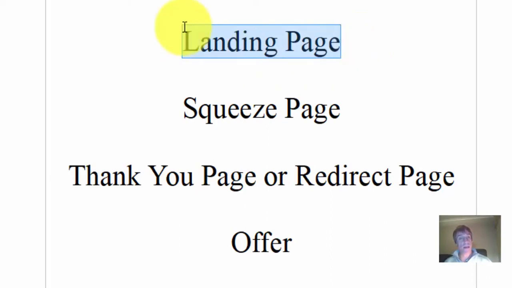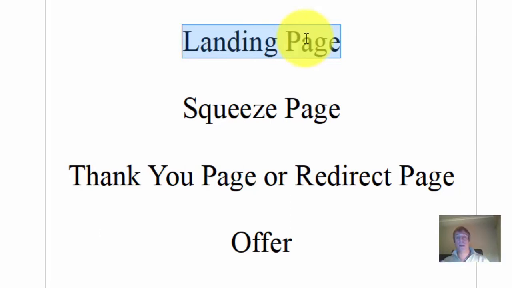Now you can have an opt-in box on this page if you want to, but in this example, I'm going to just send them to a page. The page might ask a series of questions, or you can get these plugins, or if you use an InstaBuild or something like that, where you can ask a series of questions